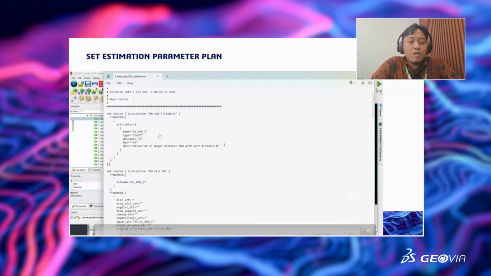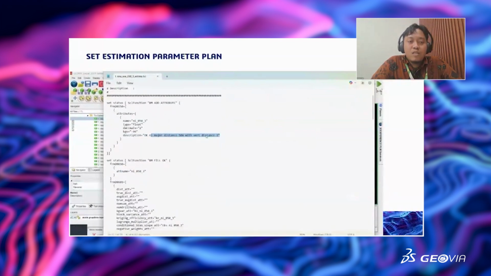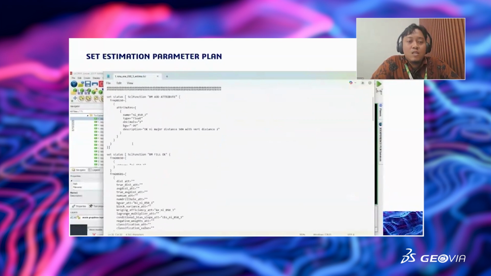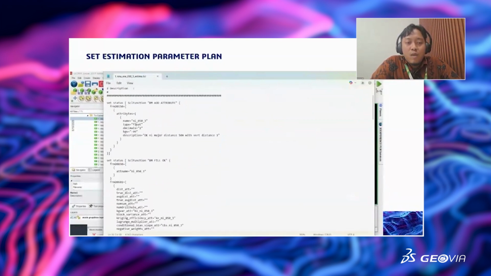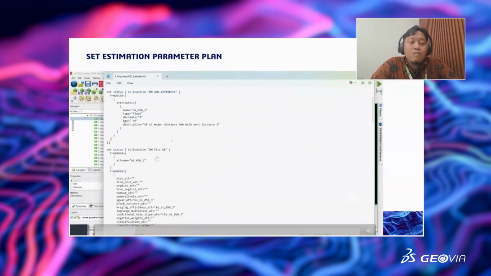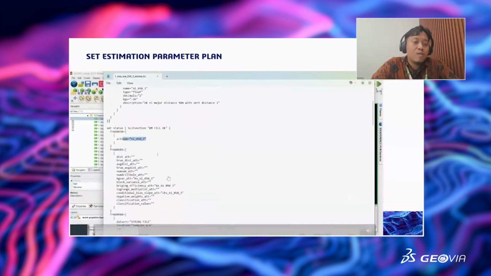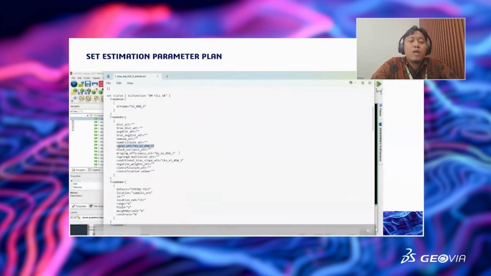And this macro can be created for a lot of tasks, not just one task. This TCL creates the attribute of the block model. After that, this is for the Kriging, BM fill OKSD for the Kriging, etc. So it does not depend on just one of our tasks here.